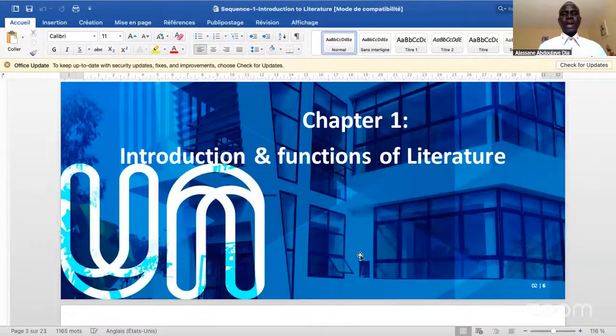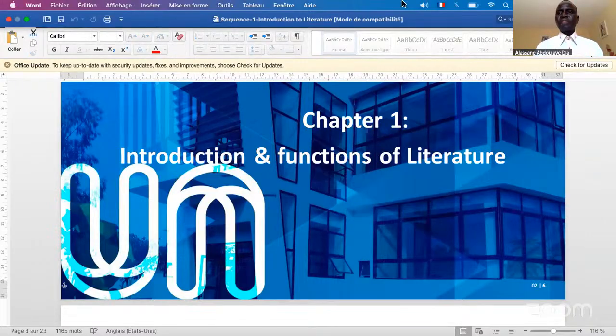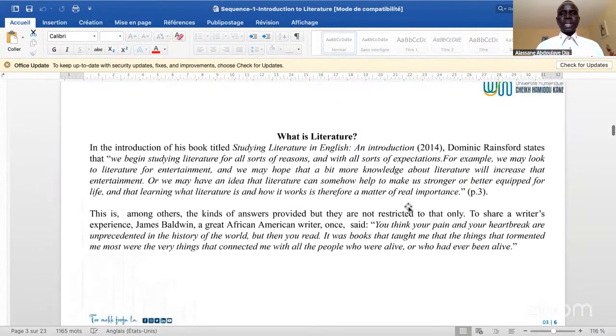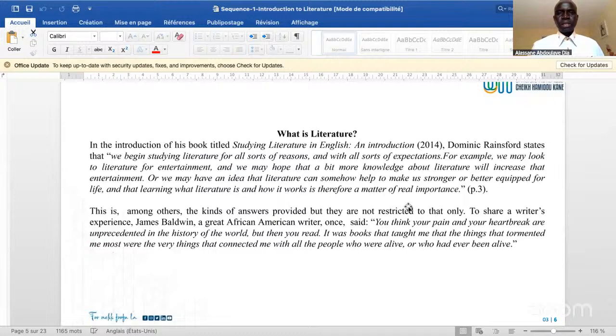So chapter 1, Introduction and Functions of Literature. Let us start with the beginning. What is literature? In the introduction of his book entitled Studying Literature in English, an introduction published in 2014, Dominic Rainsford states that,